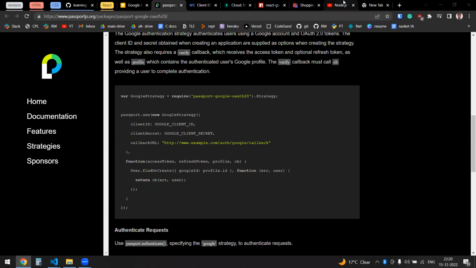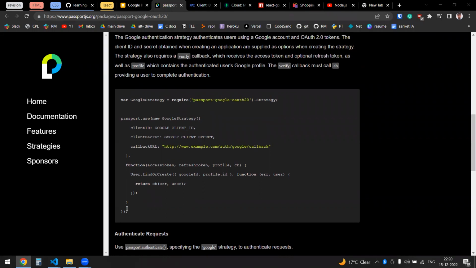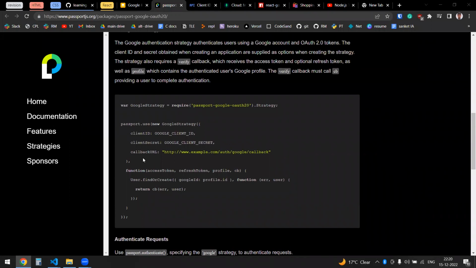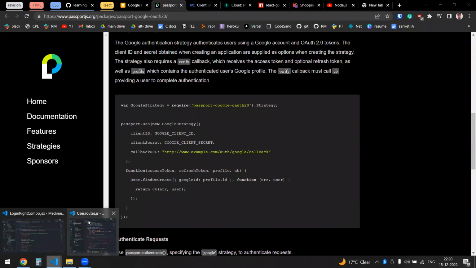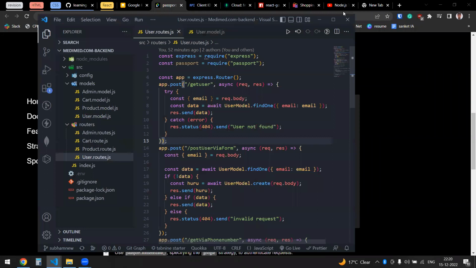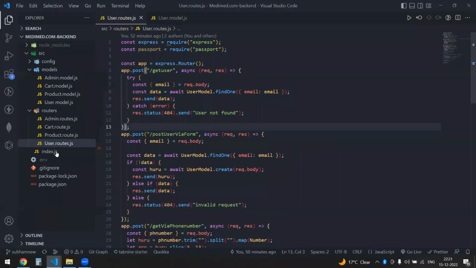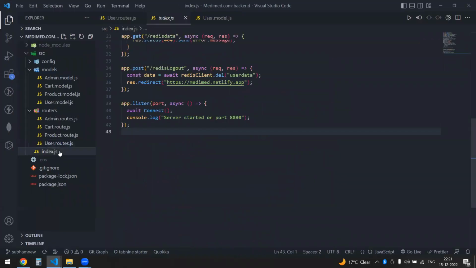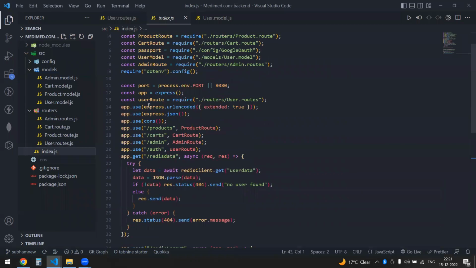Hey, in this video, which will be short, we'll be looking into Google OAuth. You might be implementing Google OAuth in your application, maybe your production application. Let's say you might be handling the code just like this, right? Just like the documentation that has been given, and you might be doing something like